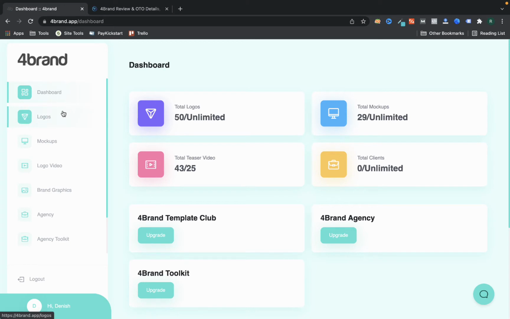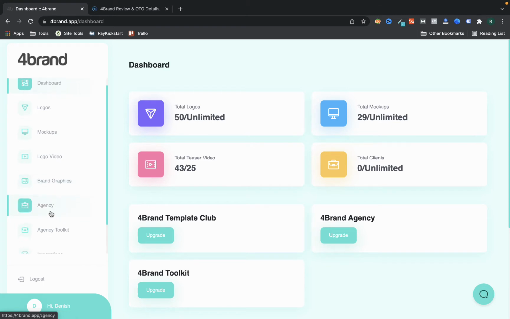So let's start this review. Before we start, we just have a clean dashboard. I have never seen this kind of clean dashboard on a new software like this. We have a very clean interface here, and we have logos, mockups, logo videos, and brand graphics.